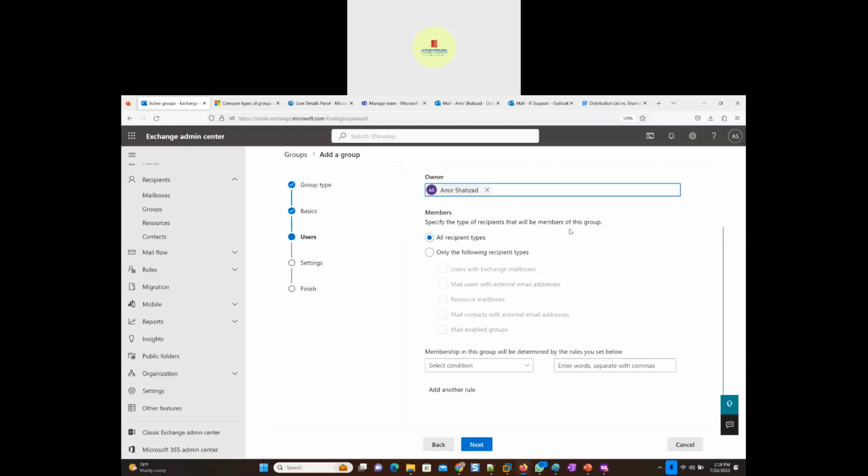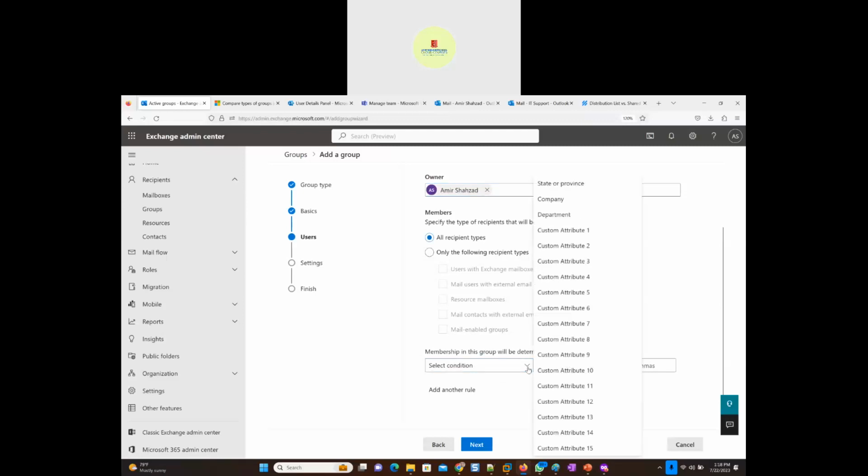And then it says to specify the types of recipients that will be members of this group. So all types of recipients will be members of this group. We're going to be going through all these other types of mailboxes as well, one by one. But all types of users will be added to this group. But what's the condition? That's where the beauty of dynamic distribution group comes in, and you can see here company, department,